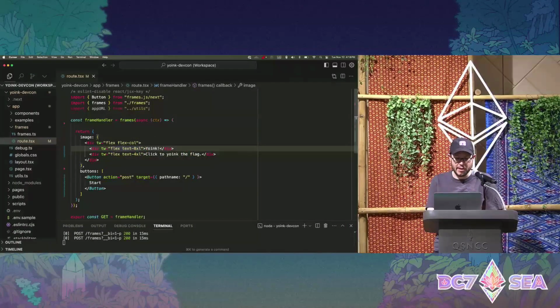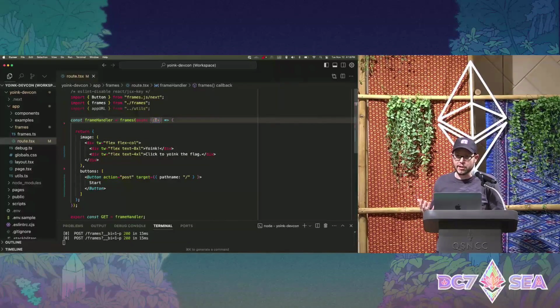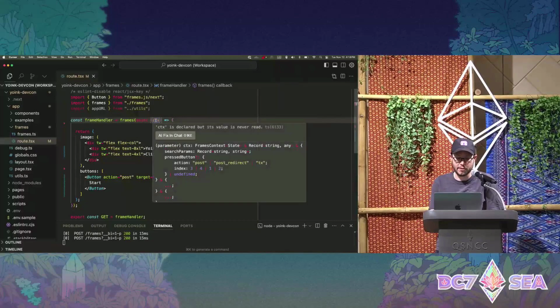So if we wanted to, we could access the context from this request, that information that's in that signed frame message in this context object.